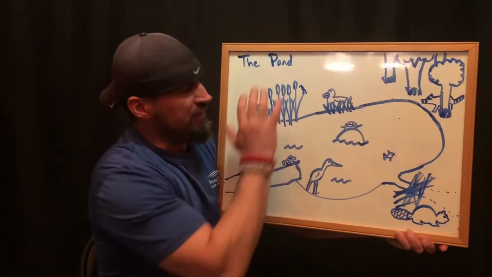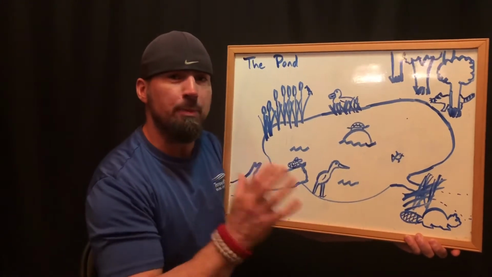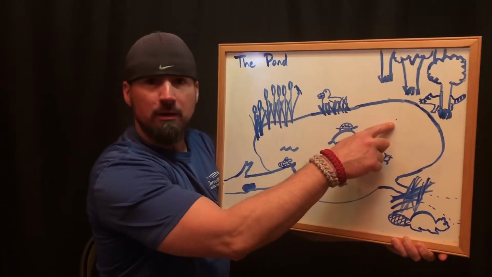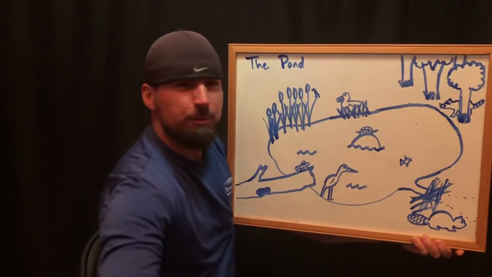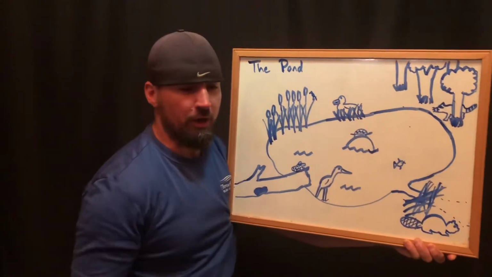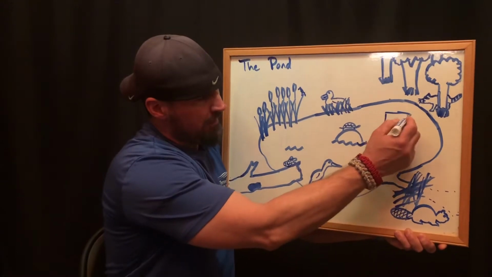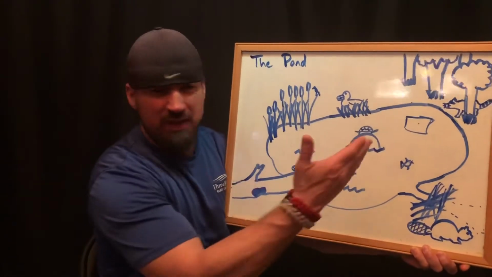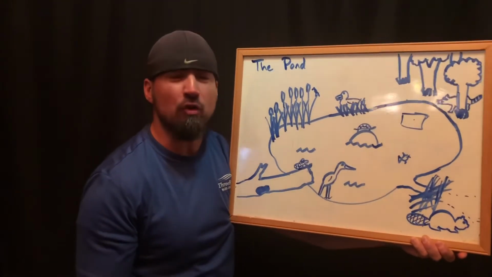However, none of these animals is the single most important one in the pond ecosystem. That, my friends, belongs to that right there. Do you see it, this teeny tiny speck? Some of you are like, no, Mr. Brett, we can't see that teeny tiny speck. Don't worry, I'll help. I'll make it easier to notice. Check it out right there. Put a box around it. Ta-da! The speck! And no, that's not the actual animal, but this is representing the aquatic invertebrates,